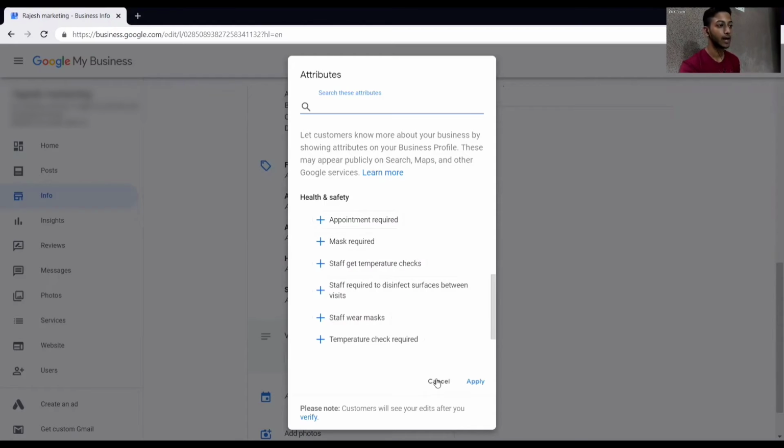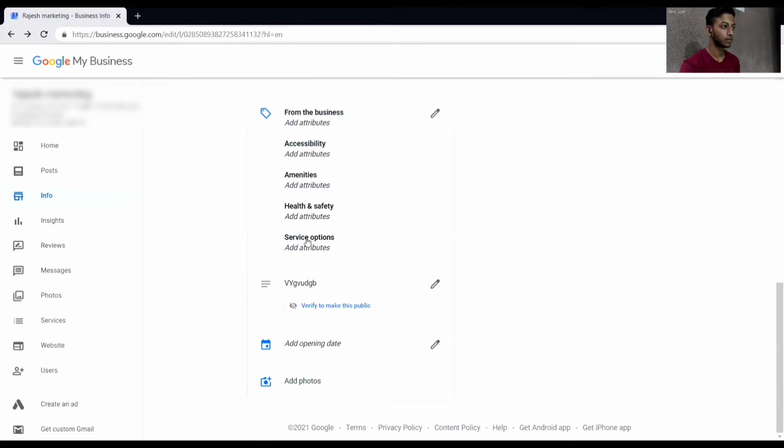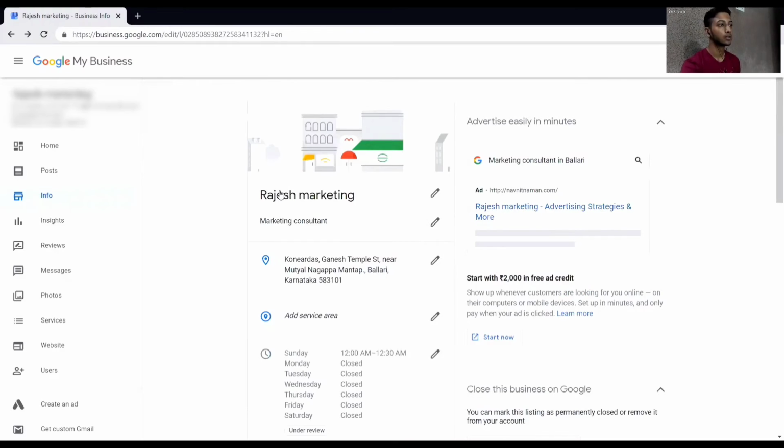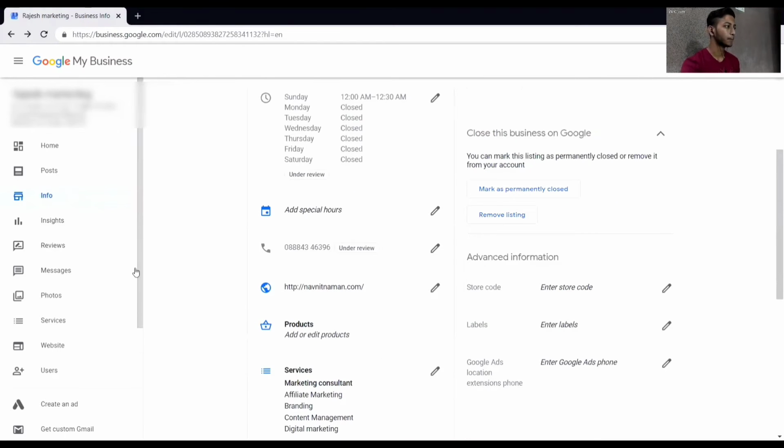These are service attributes, health and safety attributes and all. Or if you have an opening date, you can add it, so it will gain trust. Okay, you are since 2004, 2008 something. So these are not mandatory.